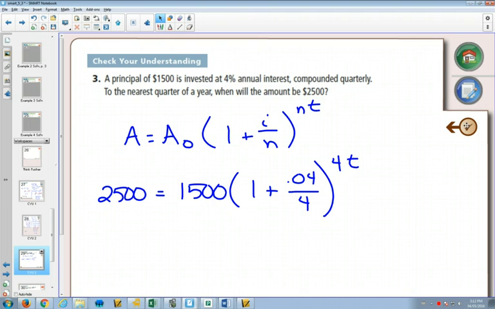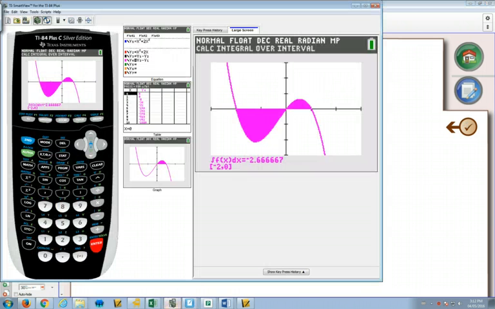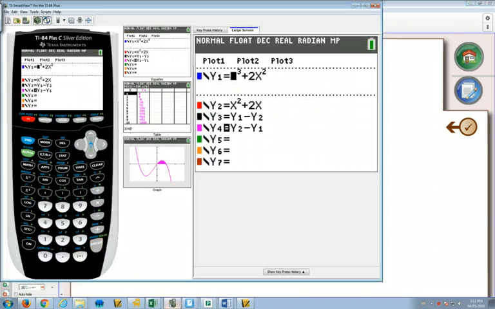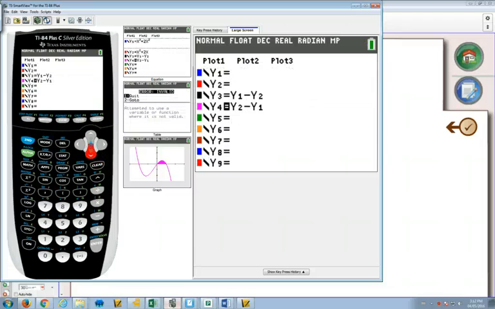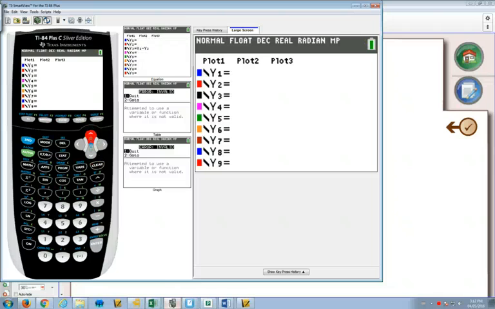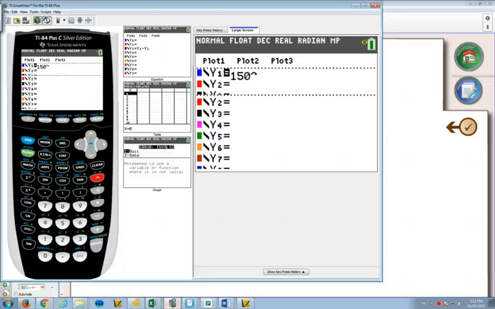We're going to learn the algebra in this unit, how to solve this. But right now, all we're going to be able to do is solve it graphically. So we go to our graphing calculator, and we're going to type in our equation, 1,500 bracket 1 plus 0.04 divided by 4 bracket to the power